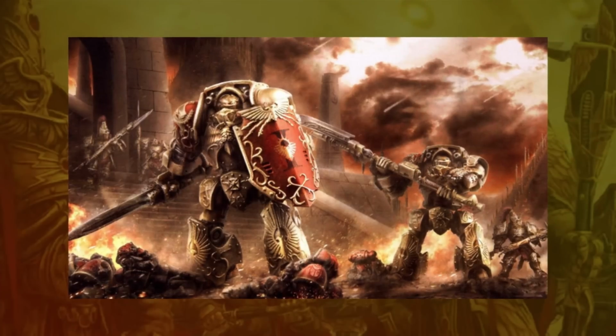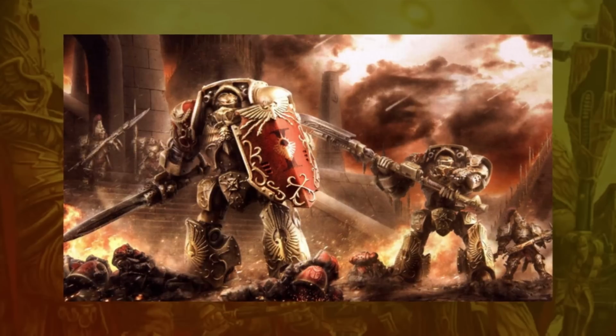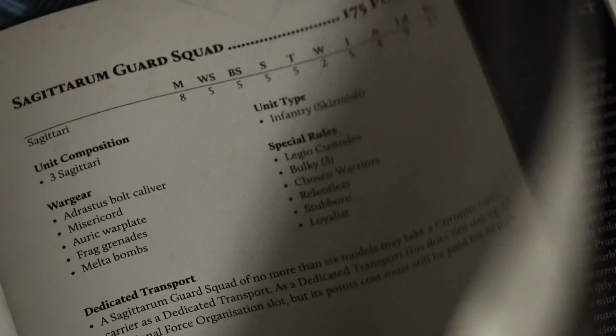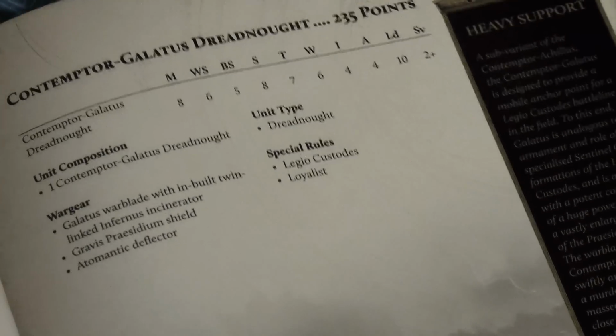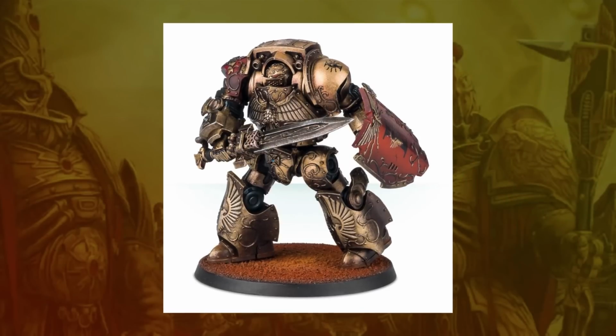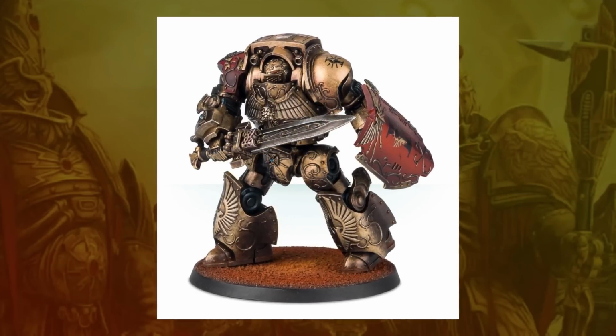If the Achilles was a Contemptor version of a regular Custodian Guard, then the Galatus is the Contemptor version of the Sentinel Guard, armed with a massive version of the Sentinel Warblade and a massive version of the shield too. Seems like a slightly weird choice in the heavy support slot, but there's not a lot of competition, and the Custodes do have some cool elite units to fill out those slots anyway. He's available as another beautifully detailed resin dreadnought kit,